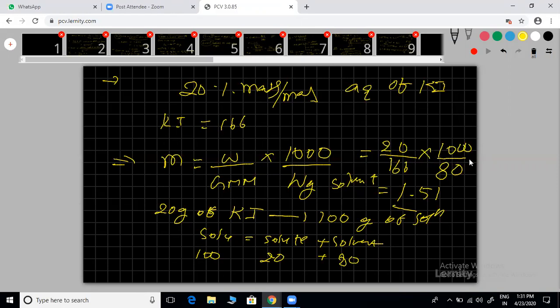Write the units also: you will get mole per kg. This is the molality you have to find. This is a 2019 JEE Mains question. By using basics also you can find how they are solving these questions. Molality is a simple formula, everyone knows that one. I think you have done this question.